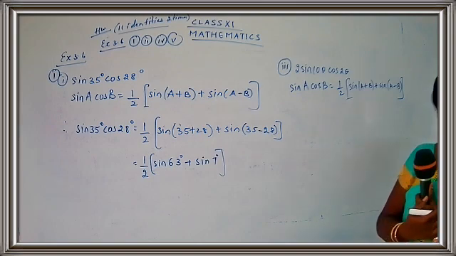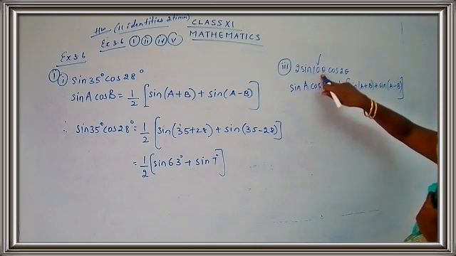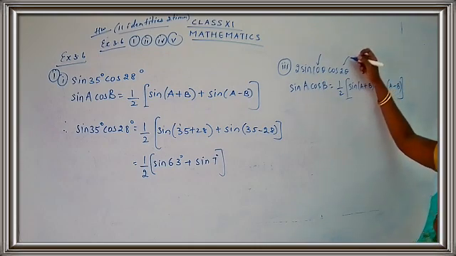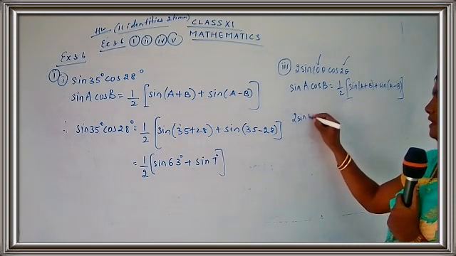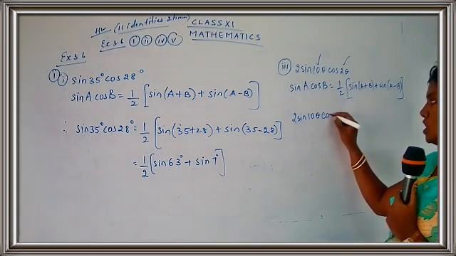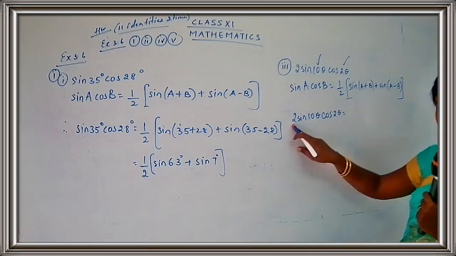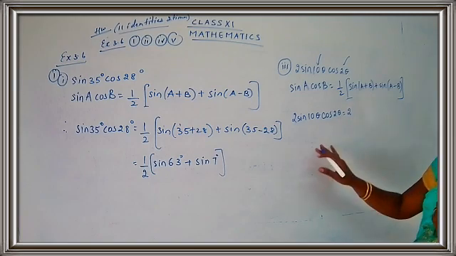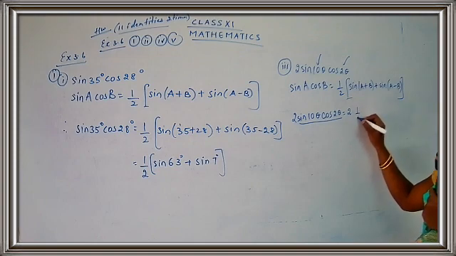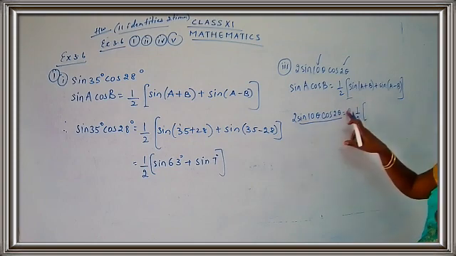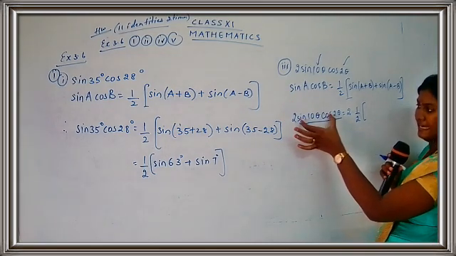So I'm just going to keep 2 aside, because I know the value for A, that is 10 theta, and I know the value for B, that is 2 theta. So I'll write here 2 sine 10 theta cos 2 theta is equal to, 2 is away. Yes, children, 2 is out. Just put 2 as it is. Now the formula for sine 10 theta cos 2 theta is half of. So the 2 is separate, okay? Do not just leave this 2. 2 is present in front of sine 10 theta cos 2 theta.